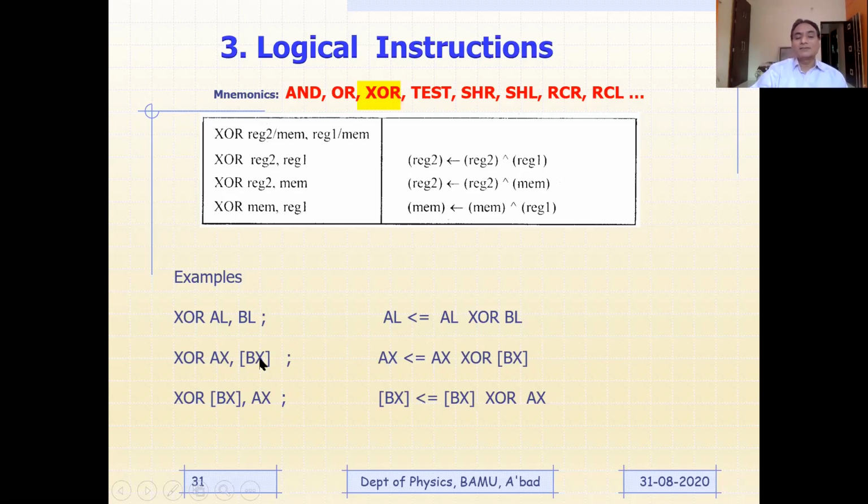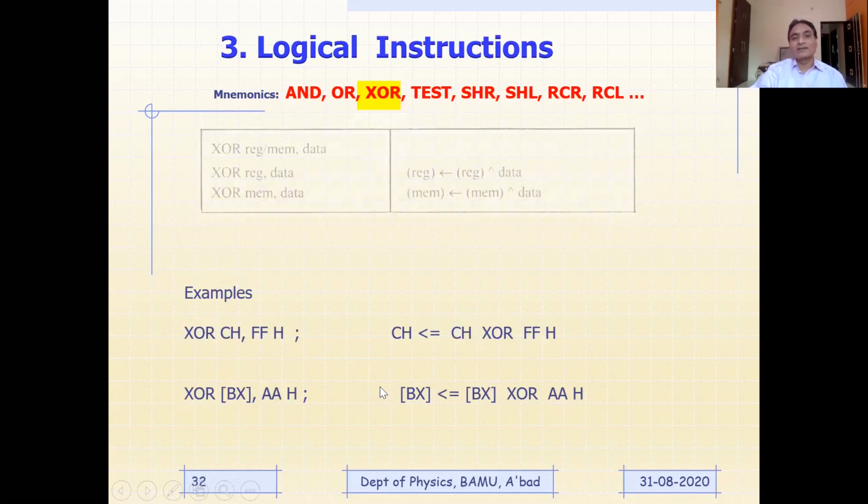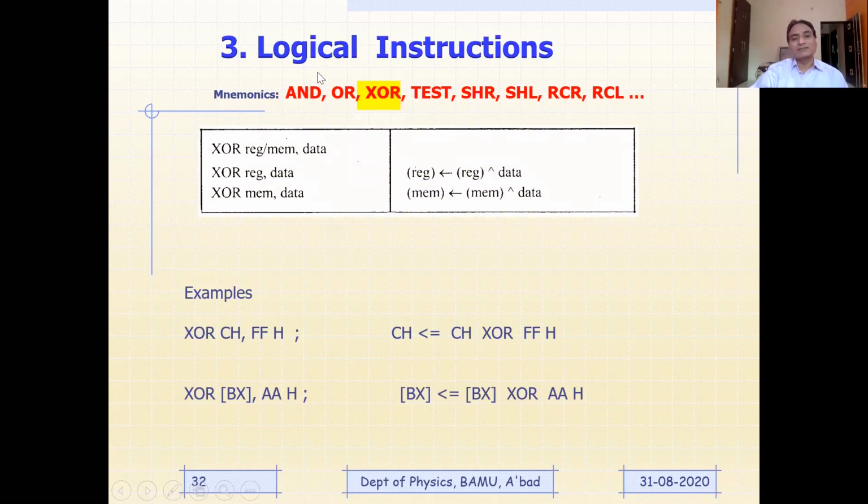And here the only difference could be, here source is register, destination is memory location. It means the content of AX is going to be XORed with content of memory location whose address is in BX, and result will be updated in respective register only, right? And then say another type, because the same analogy we are considering, right? Now you can see XOR CH comma FF, मतलब अभी क्या है कि ये डेटा जो है 8-bit डेटा है, but the destination is either 8-bit register, or it can be 16-bit register as well.